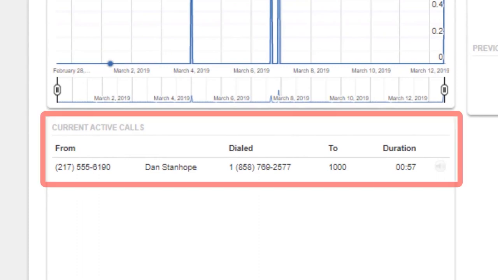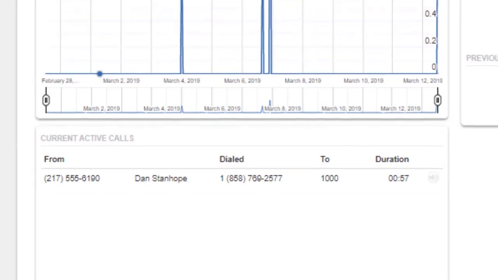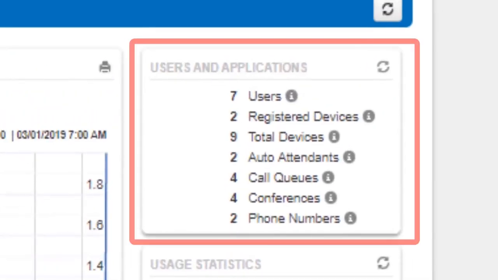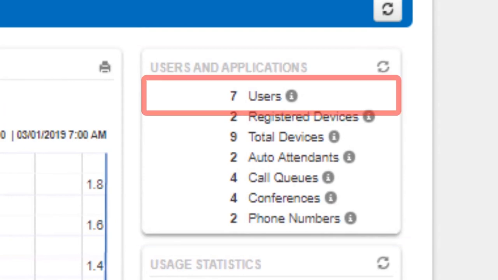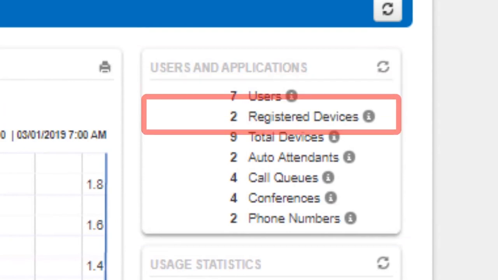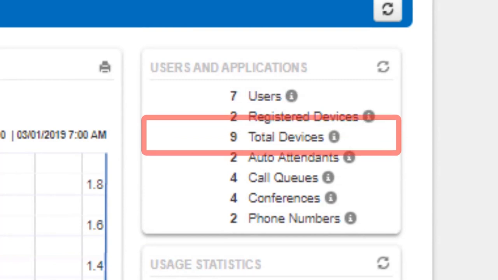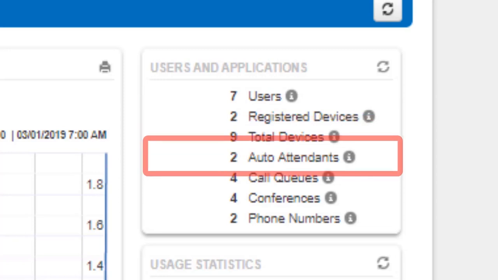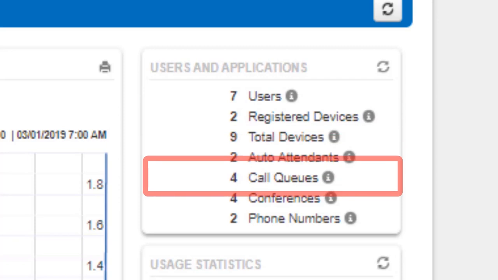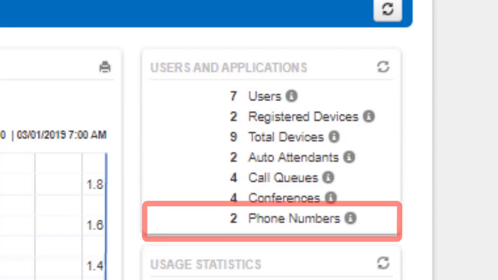Underneath, you will see the current calls activity panel for your domain, which shows you the calls which are currently connected. To the right, you will see the users and applications panel, which displays how many users the domain has, how many devices are registered to the domain, how many devices total can be registered to the domain, how many auto attendants the domain has, how many call queues the domain has, and conference bridges, and how many phone